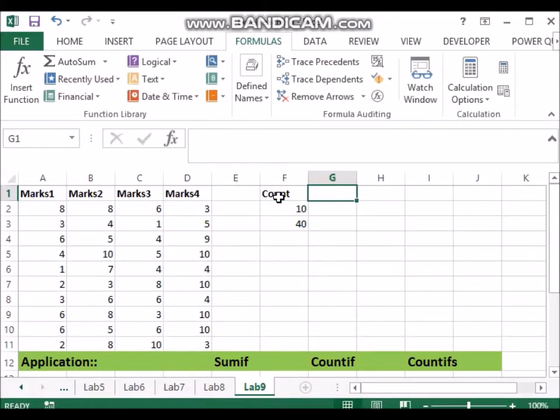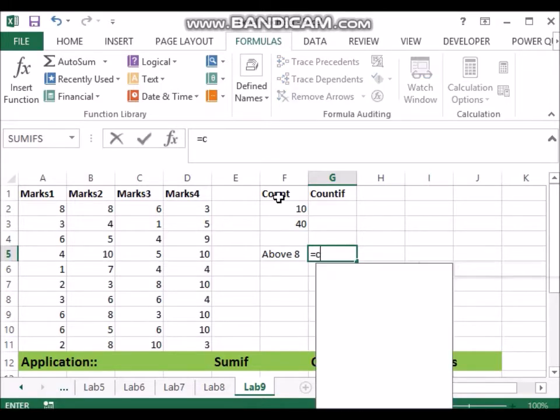Now what is COUNTIF? COUNTIF is if I want to count, for instance, how many people got 8 and above out of 10 in the tests. In how many instances is this true?